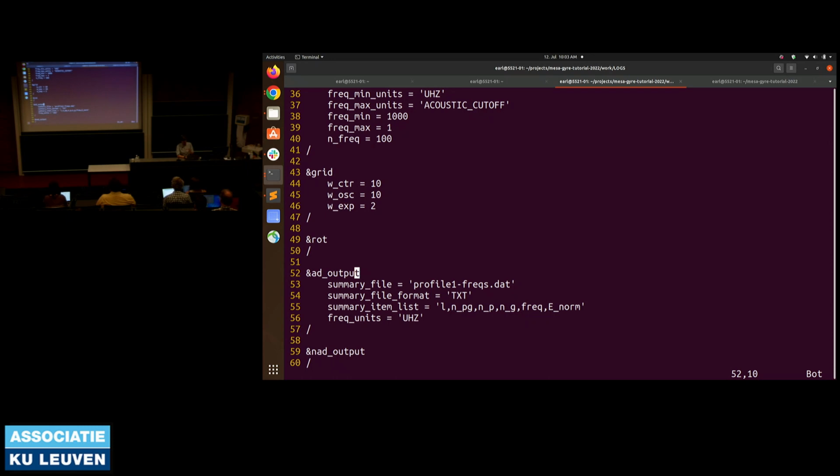Here we'll specify the output of the adiabatic oscillation program. We have a summary file, which I call profile1-freqs.dat. It's a text file, and inside that text file we'll have the spherical degree, the combined P and G radial order, the P mode radial order, the G mode radial order, the frequency of the mode, and the mode inertia. And the units will be output in microhertz. Okay, with that all in mind,